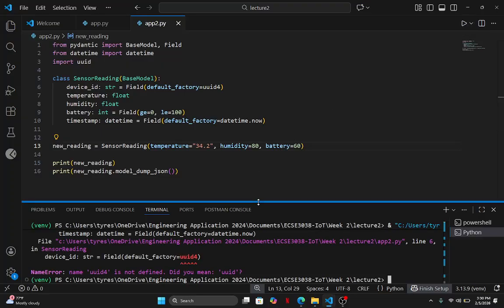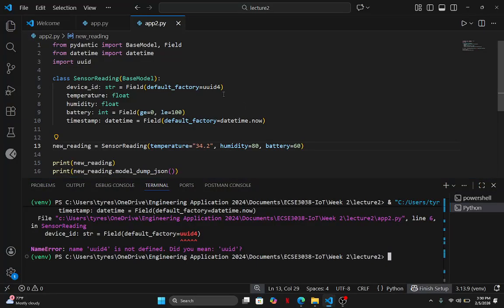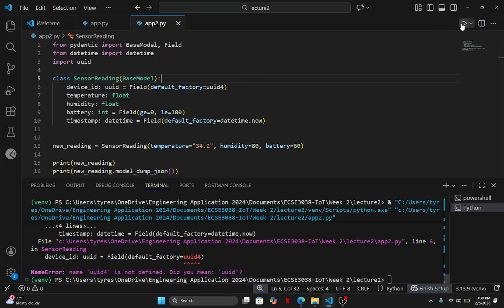That broke because I don't think I can use UUID because it's not a string. Wait, can I just do this? Yeah, you're right. I may not be able to do that. Let me look up and see how that works.